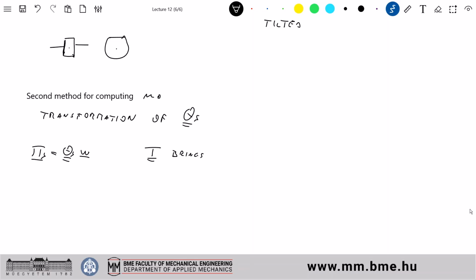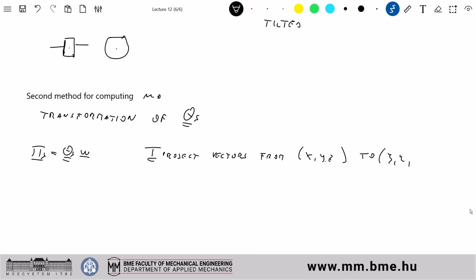Let's say not brings, but projects. Brings is really not a good term. T projects vectors from x, y, z to